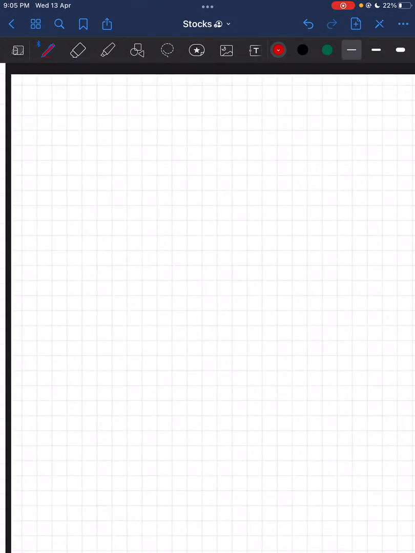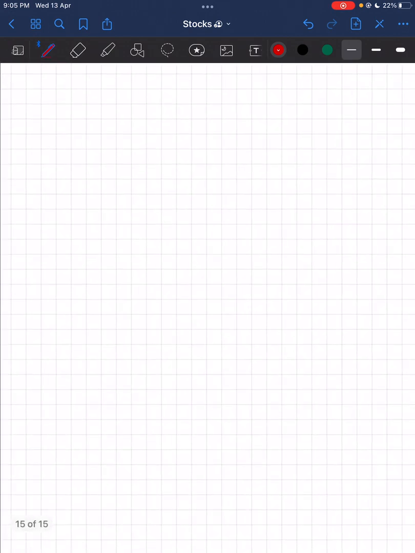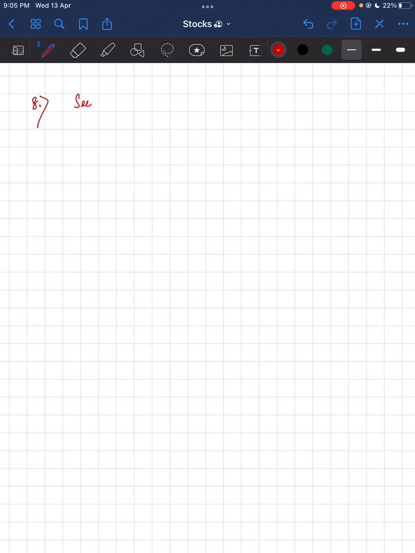Now let's move on to question number 8. Question number 8, what we have is sec square 2x is equal to 1 minus tan 2x. Here we have two different functions: one is sec square 2x and one is 1 minus tan 2x. So we will try to convert that sec square 2x into tan 2x form. You know the trigonometric identity,